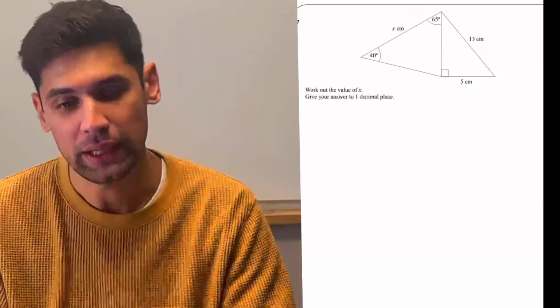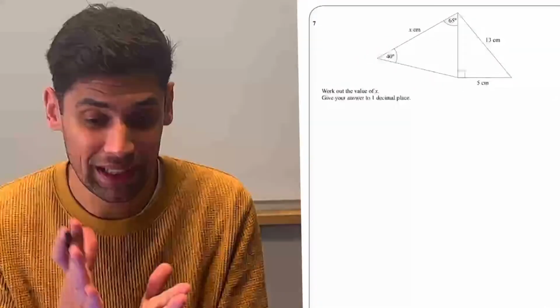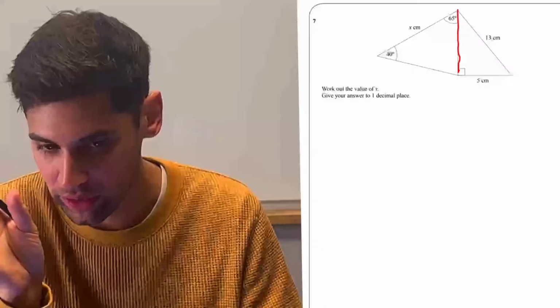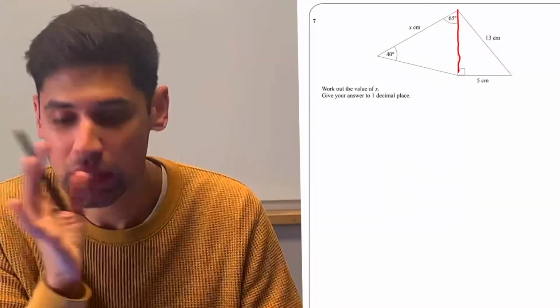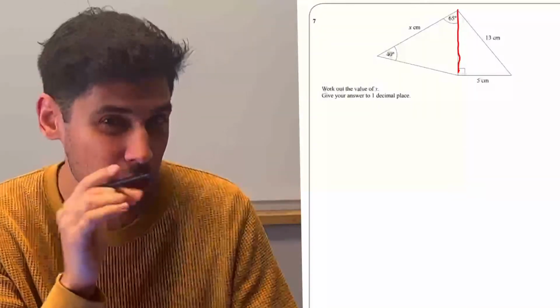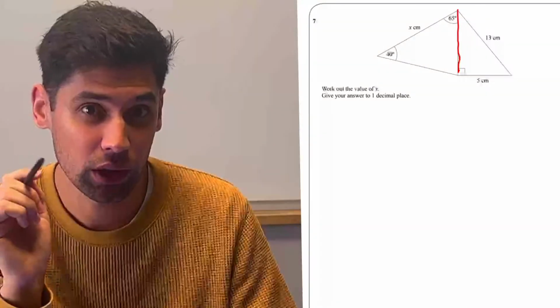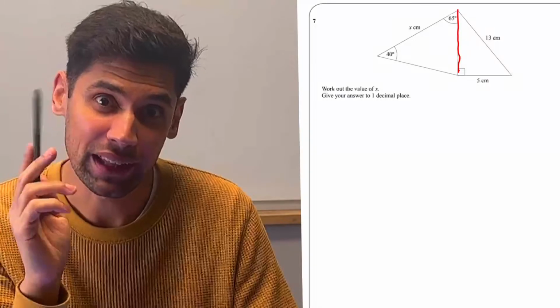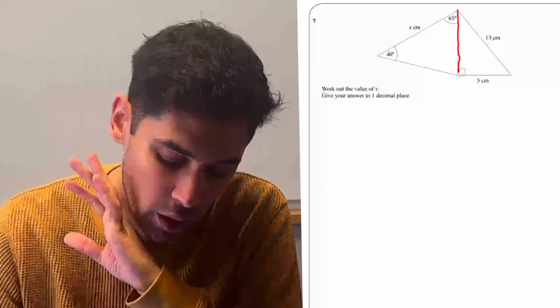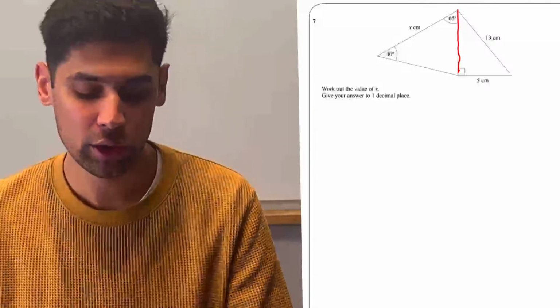Now, the thing that's important here, the line that's joining these two triangles, this line right here, that is the most important line in the question. This line is so essential to us. If we can find it, because it combines both of these triangles, then we have more information for both of them. So our aim, not our sole aim, but definitely our initial aim, is to try and find